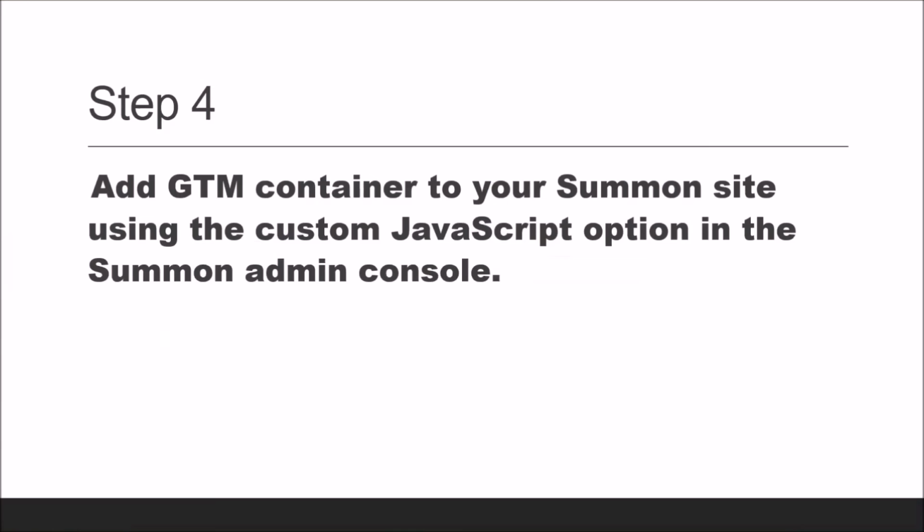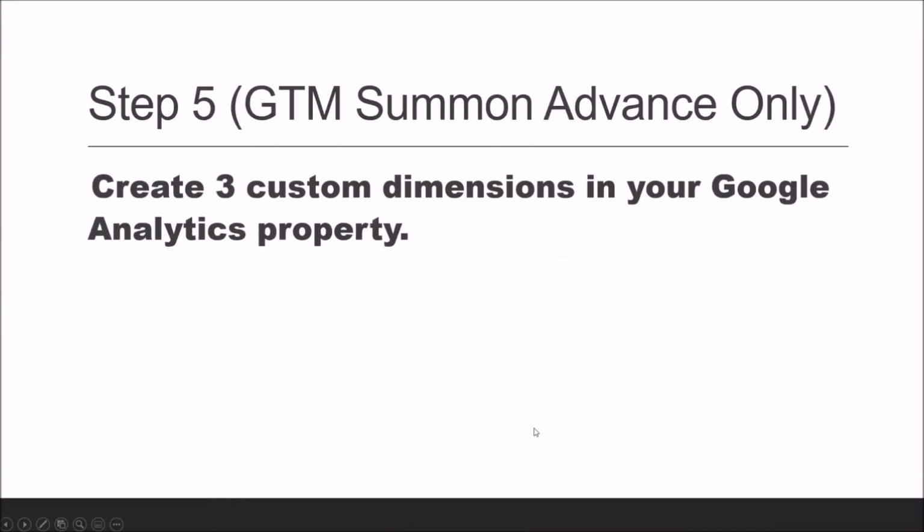I was originally worried about data loss because sometimes it can take a little longer to load things through JavaScript, but I have not experienced that in my 2 to 3 years of doing this. All right, step 5, and this is only if you use the Google Tag Manager Advanced option, and that is to create those 3 custom dimensions in your Google Analytics property. And basically, it's already created in the Google Tag Manager container for you. You don't have to do